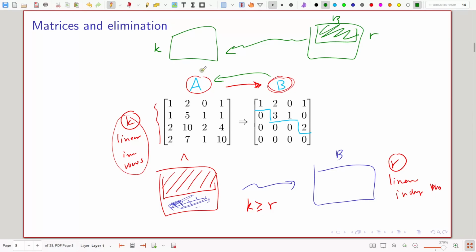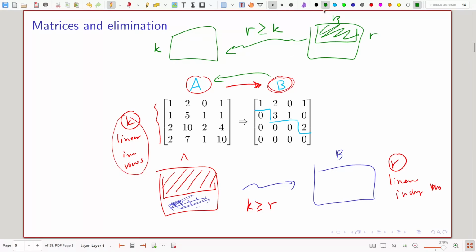We don't start with A. We start with B. B has R linearly independent rows, and we do some row operation. So all these rows are linear combinations of the previous R rows. So you start with R linearly independent rows and obtain this. So the number of linearly independent rows in A has to be at most R as well. Okay. So from this direction we can conclude that R has to be at least K.